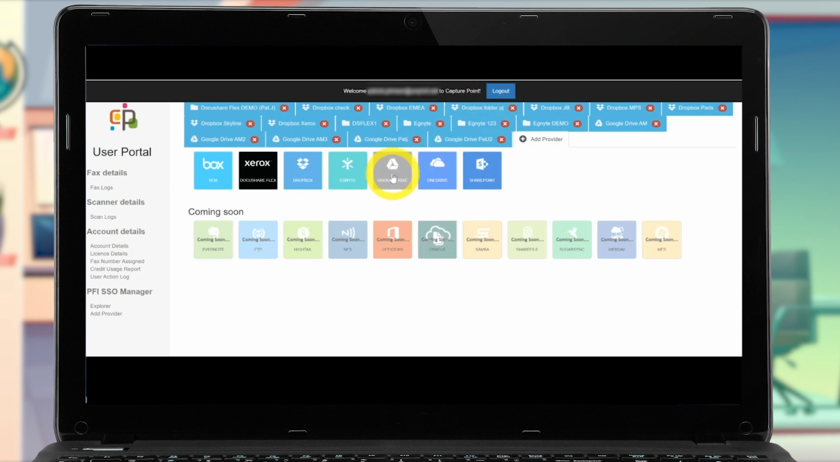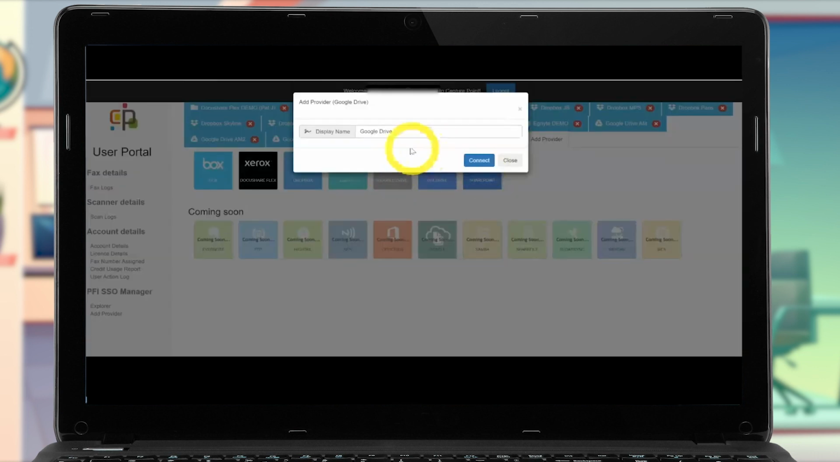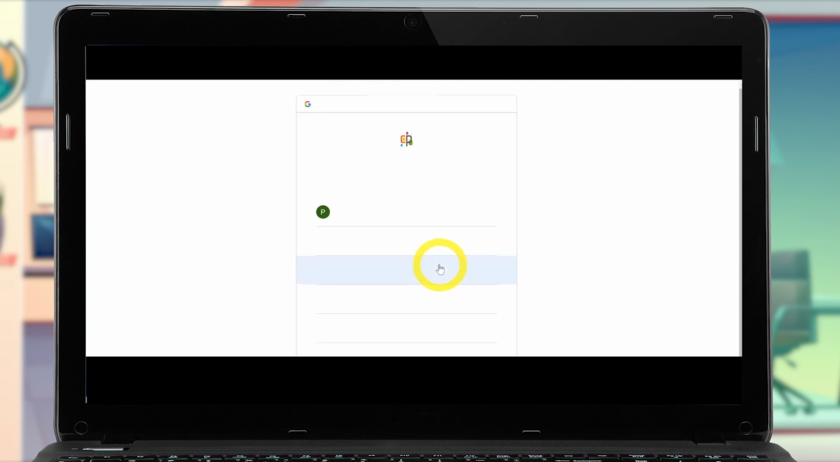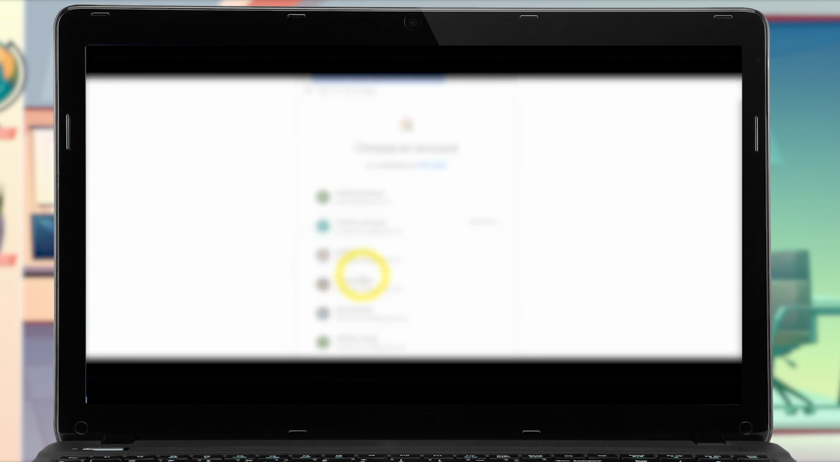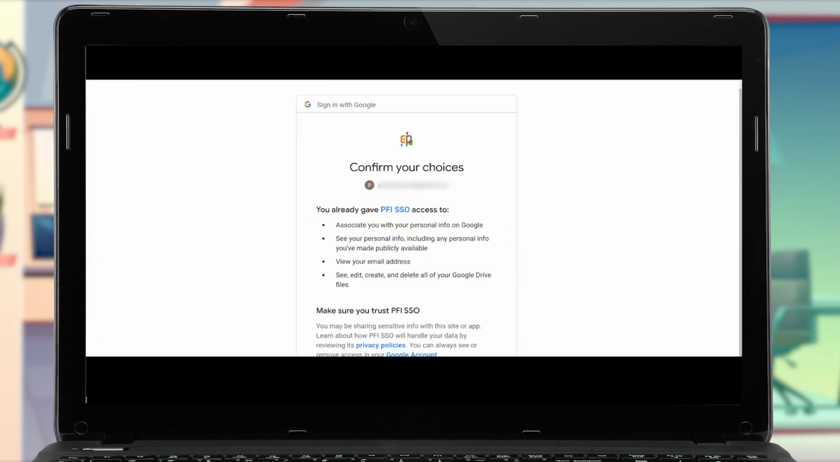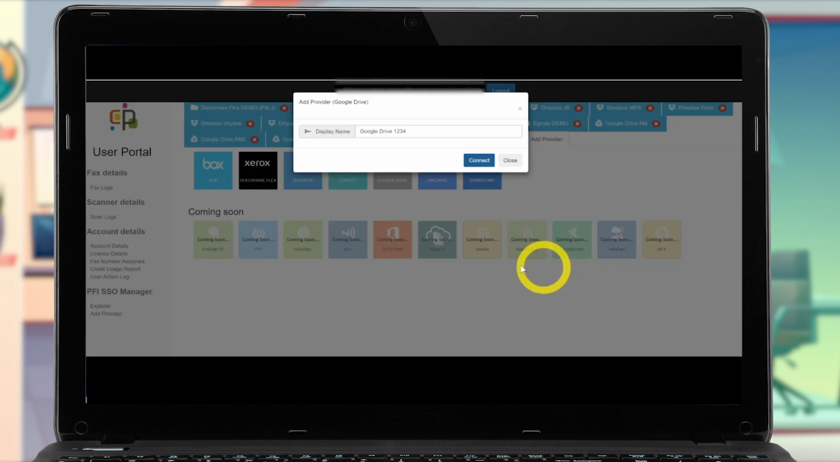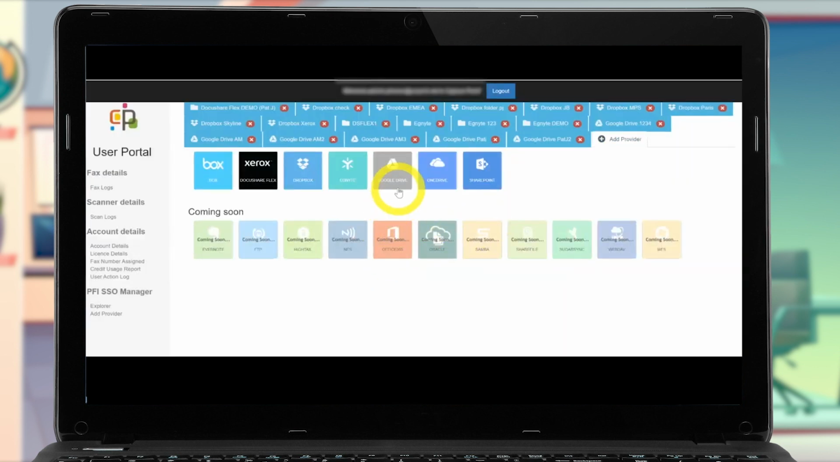Exactly the same if we were doing these other connectors. For example, here's a Google Drive, and if we go into here and go Google Drive 1 2 3 4, then we can do a connection to that particular destination service. It comes up with options in here, at which point I can log in with the particular sign-on address, allow the connection,